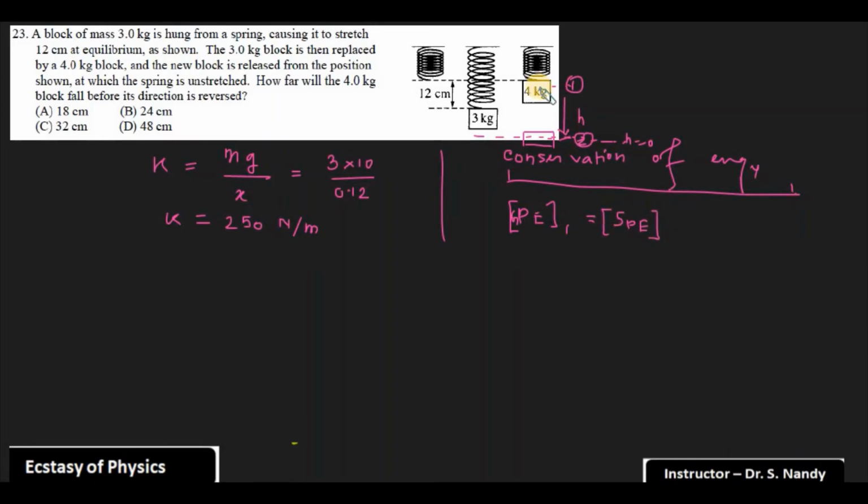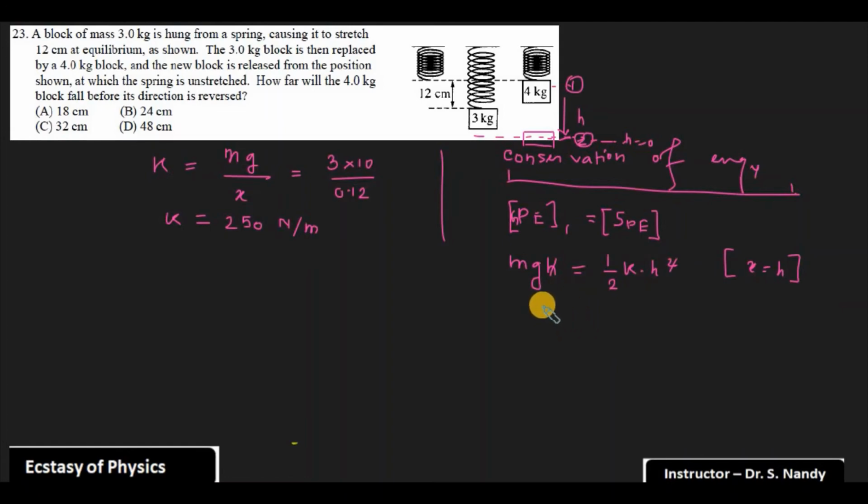At both positions, the kinetic energy is 0, because the first is the free length condition, and from there it gets fully stretched, so the velocity is also 0. The gravitational potential energy is m g h. The spring potential energy is half k h square. Here x is the elongation, which is the same as h, so one h is eliminated.